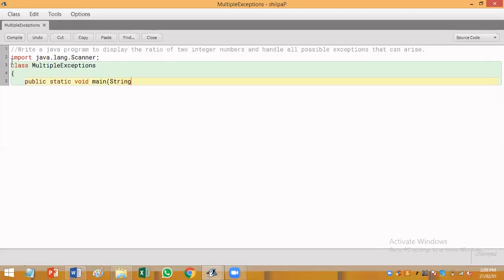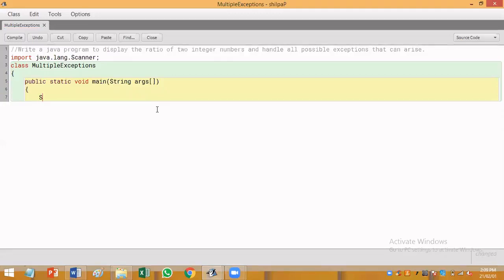Okay, next within the class I'll create a main section, that is public static void main within brackets String args. Okay, next, now I have to read two numbers to find the ratio of two numbers. Here in the program name they have given, you have to read two integer numbers. Hence you have to read two integers.